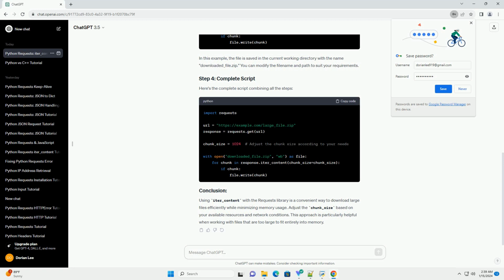ChatGPT. Sure, I'd be happy to provide you with a tutorial on using the iter_content method in Python requests. The iter_content method is particularly useful when dealing with large files or streaming data, as it allows you to download and process the content in smaller chunks instead of loading the entire file into memory. Before you begin, make sure you have the requests library installed. You can install it using. To demonstrate the use of iter_content,